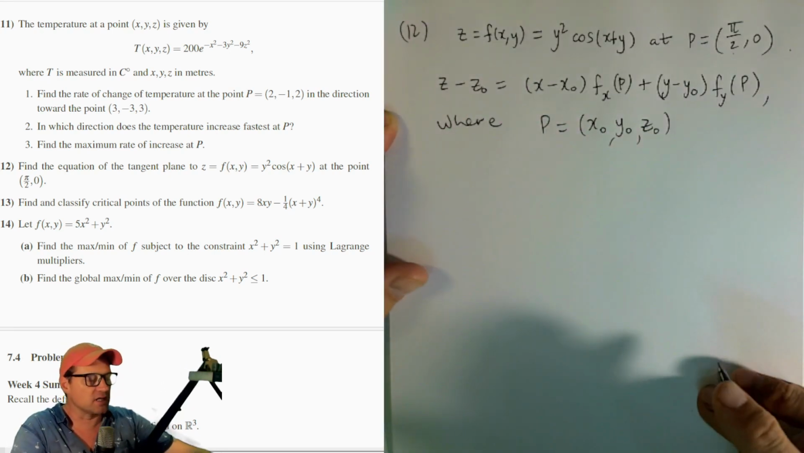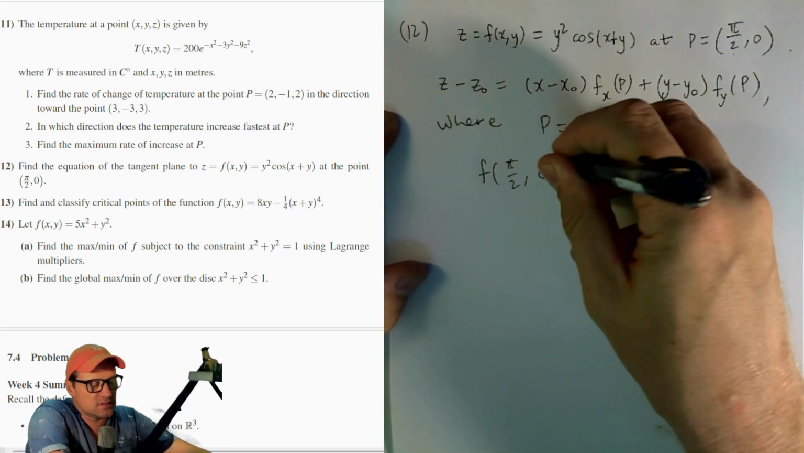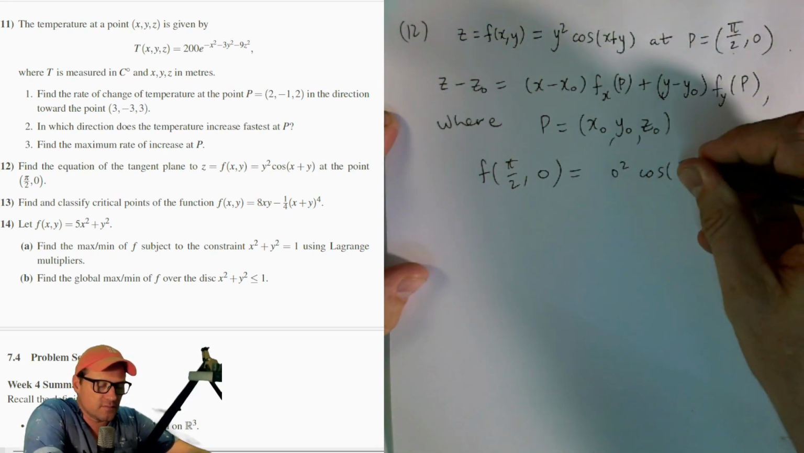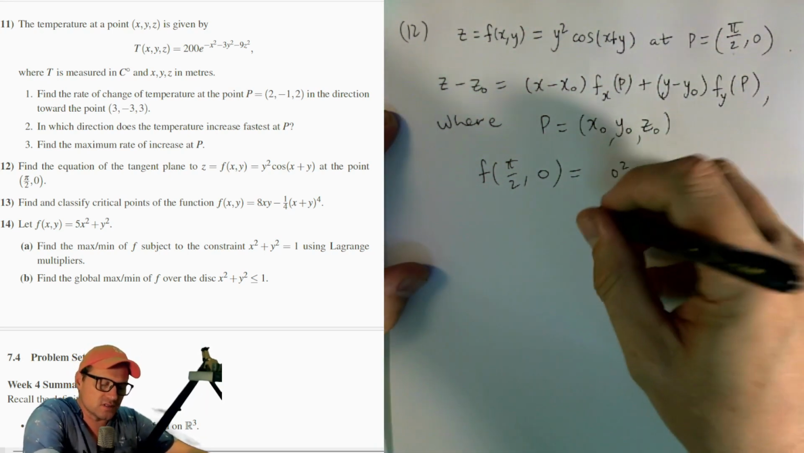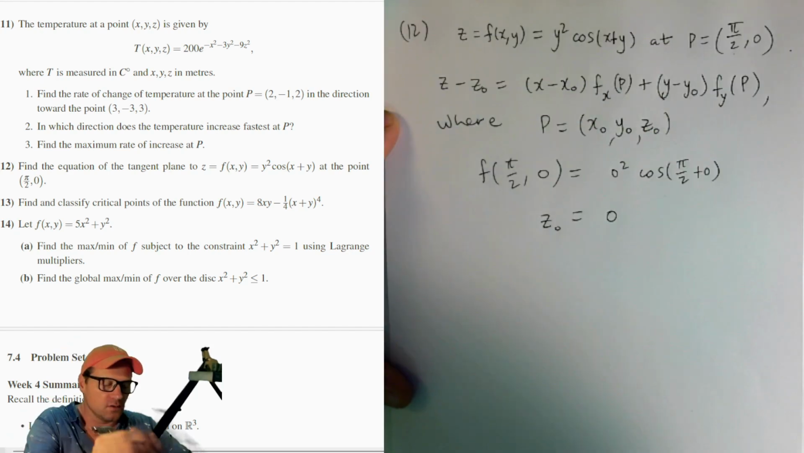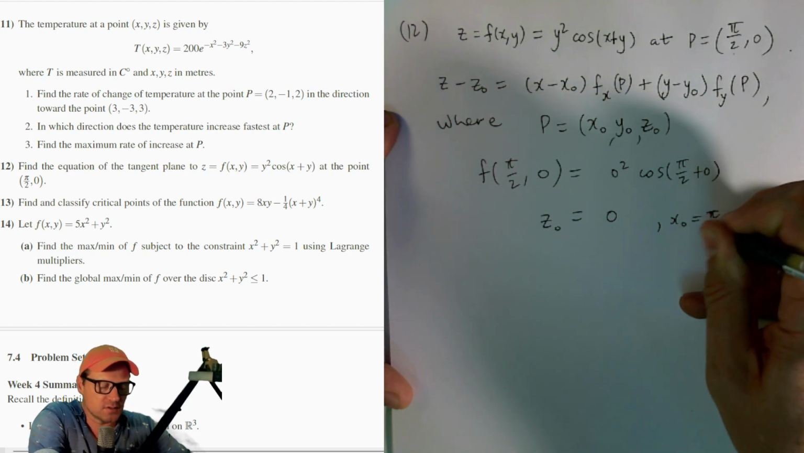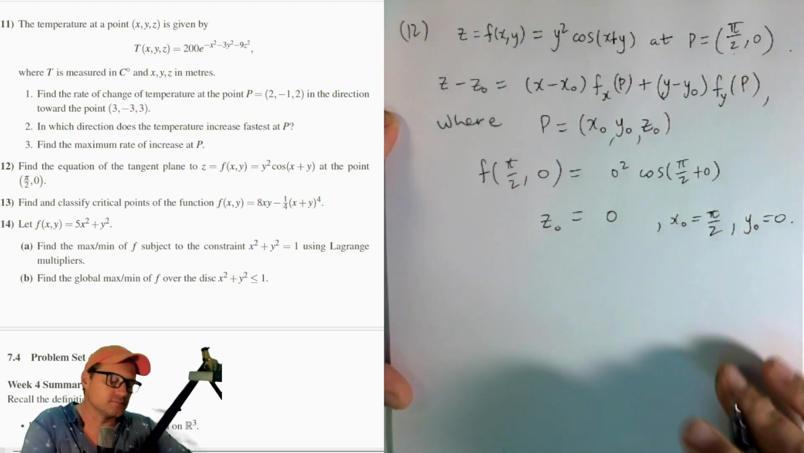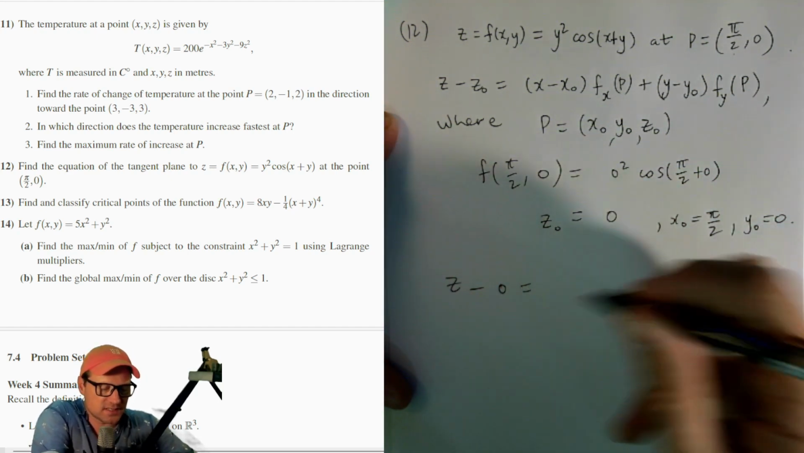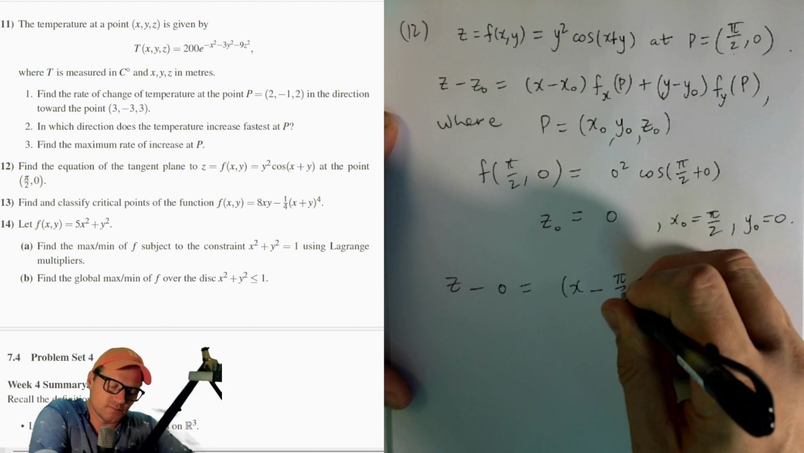So let's go ahead and calculate this. f of (π/2, 0) is 0 squared cos of (π/2 + 0), and of course this is just 0. So z0 is 0. Also we have x0 is π/2 and y0 is 0. So our formula then says z minus 0 is equal to (x minus x0, which is π/2) times f subscript x